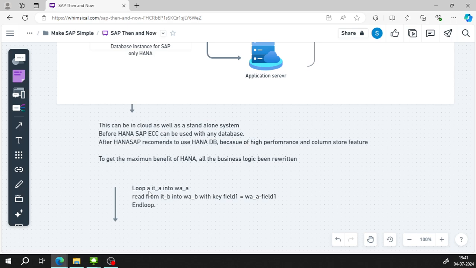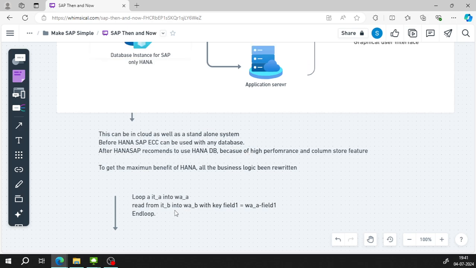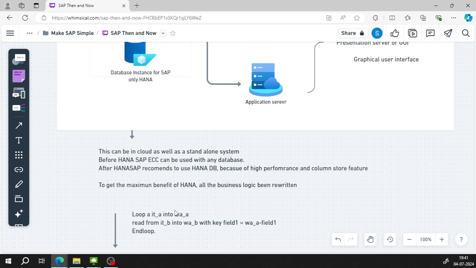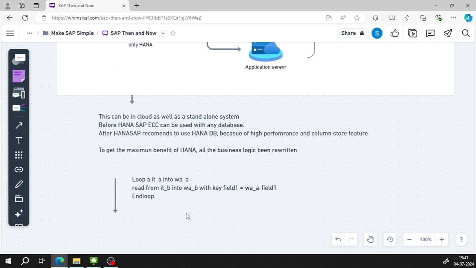In that case, for a single record from this internal table ITA, we are selecting records from internal table B. So all the operations, aggregation operations or any data selections and everything, those are happening in the application server. Okay, but after this, HANA database, what they have done,